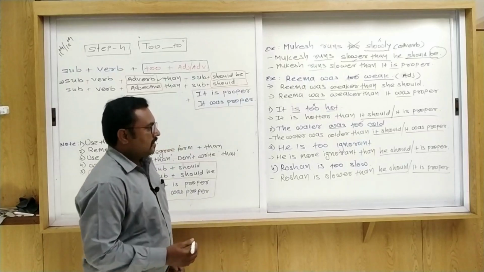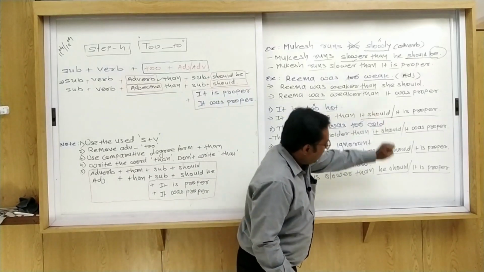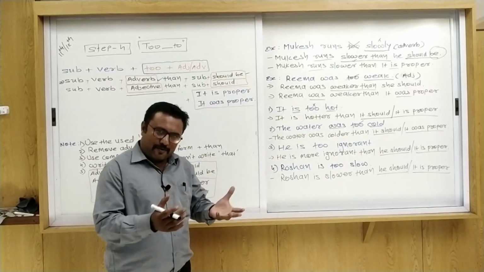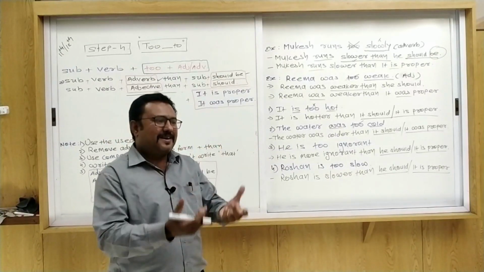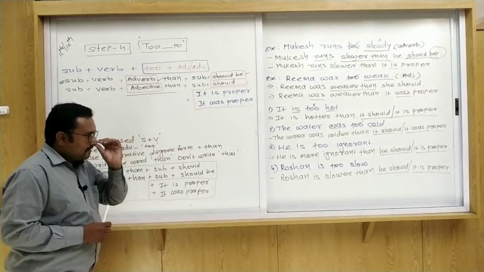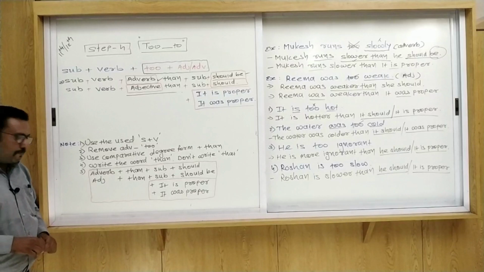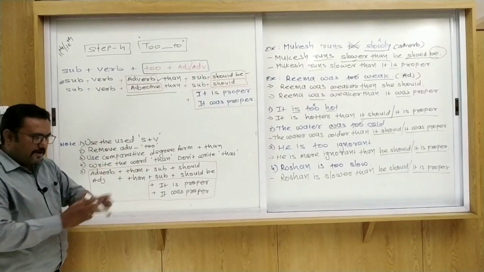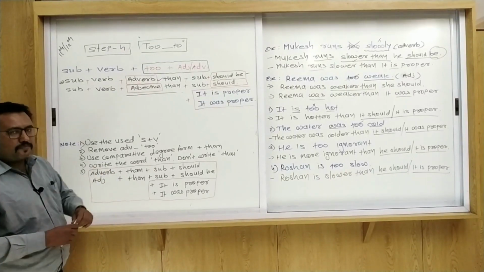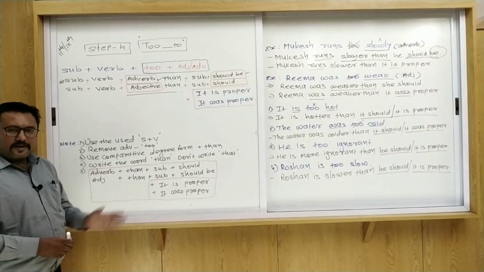So I humbly request all of you, suppose you do not understand, then it is very easy to use "it is proper" or "it was proper". Okay, after all, I want you to get the right answer in the examination. So you can take a screenshot and please write it down in your notebook, so that you have the keywords. So we finish here "too". There are four kinds of steps of "too". You can take a screenshot.